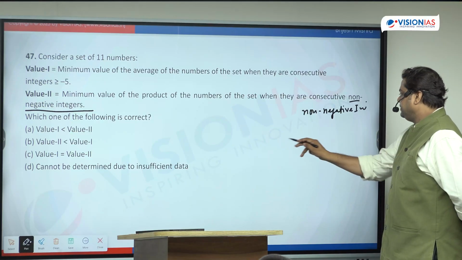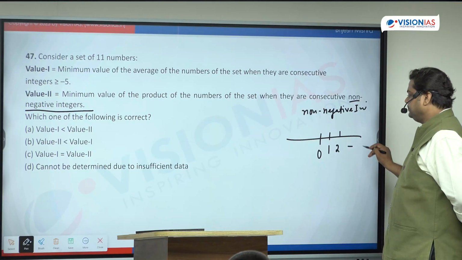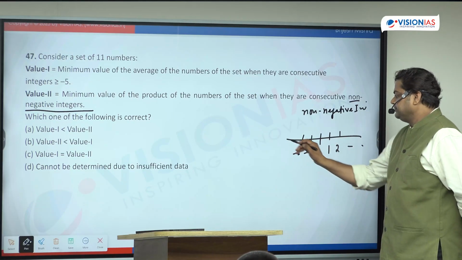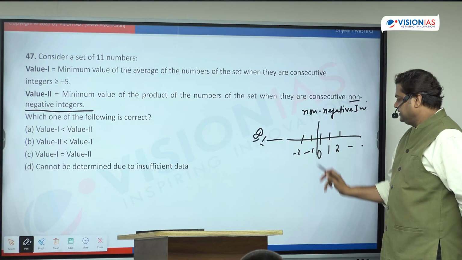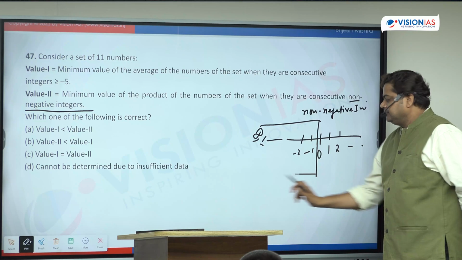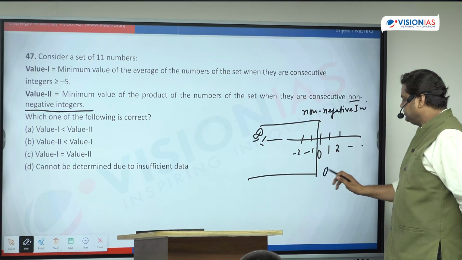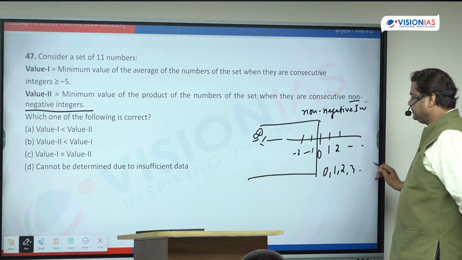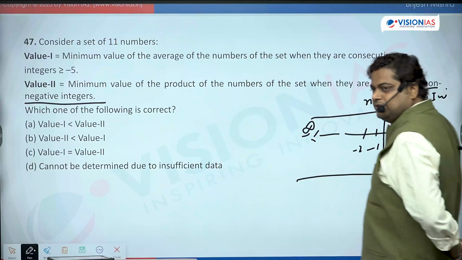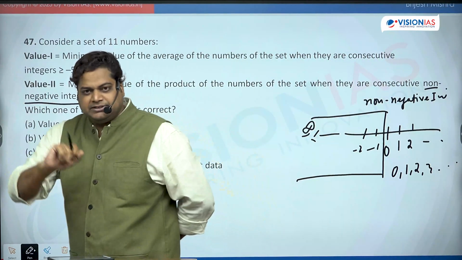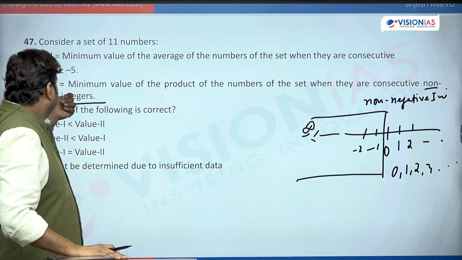non-negative integers. So on the number line we write this way, 0, 1, 2, minus 1, minus 2, till minus infinity. So these are negative integers. We are removing them, and we get non-negative integers 0, 1, 2, 3, 4. If it is non-positive integers, we remove 1, 2, 3, 4, and we get 0, minus 1, minus 2, minus 3. If we take the first statement, minimum value of, if we take this statement only, value 2,